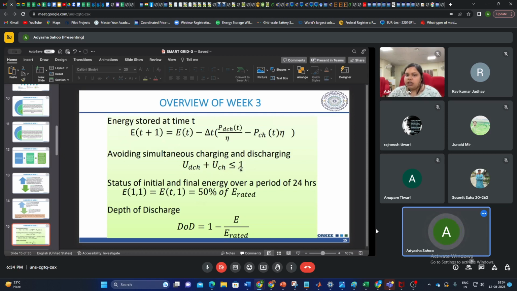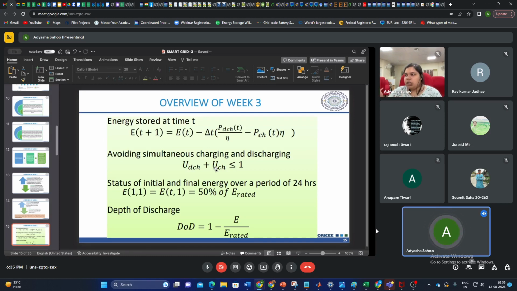So what all states can be possible here? If we're saying these are binary variables, what are the possible values for these? They both can be 0, in which case this equation will be satisfied, or either of them can be 1. So either the battery can discharge, or it may charge, or it may do neither. It may stay idle, but it will not charge and discharge simultaneously.